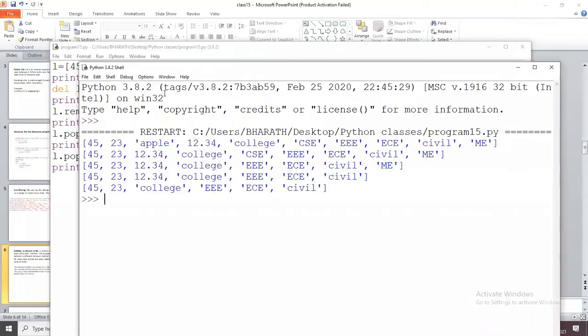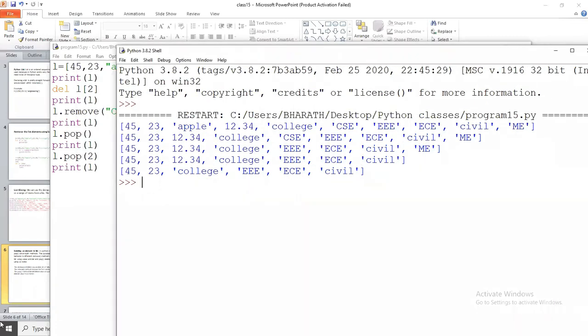So first, this is the initial list. After that I am using del L of 2. So the apple is deleted. Okay, then this is the list after deletion of apple.